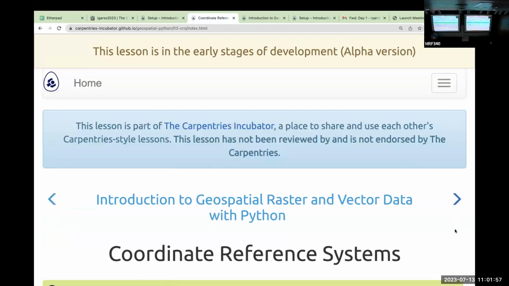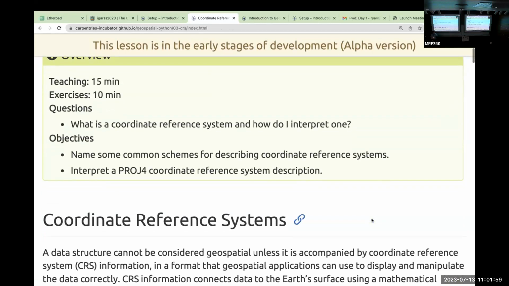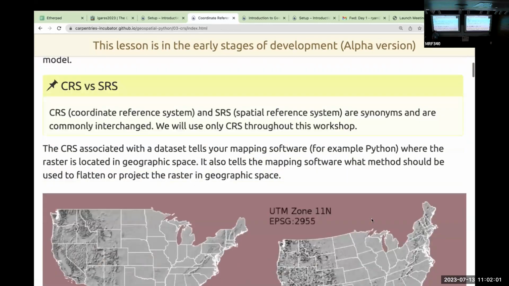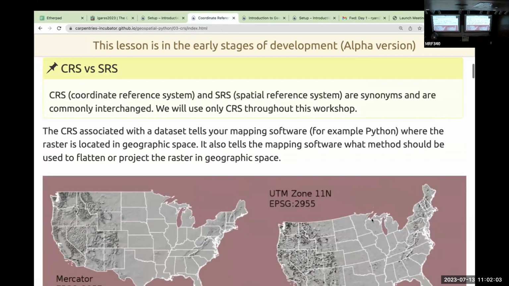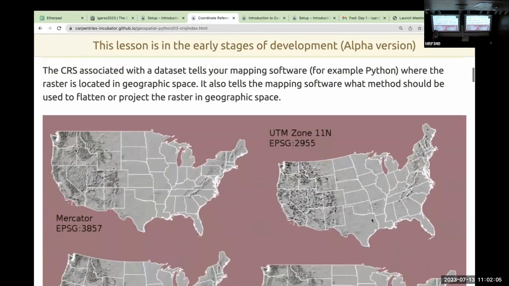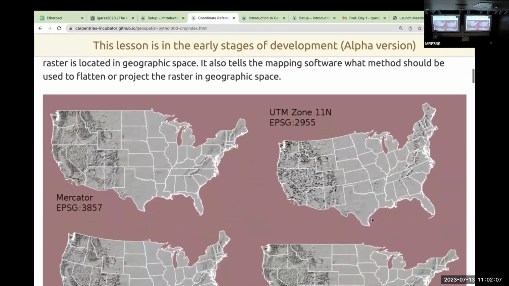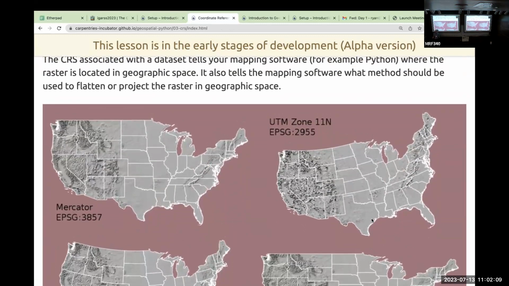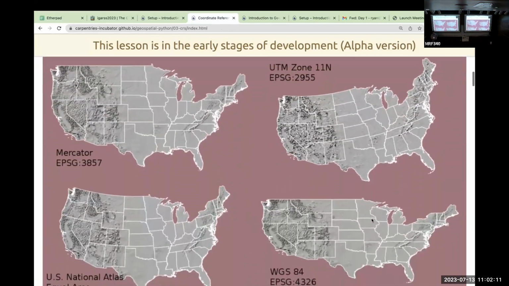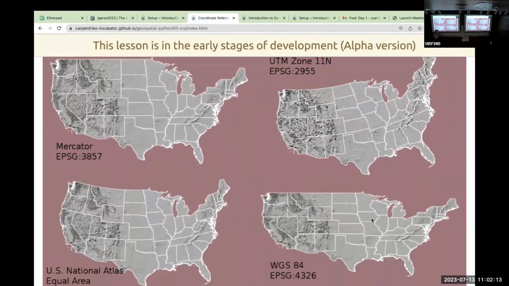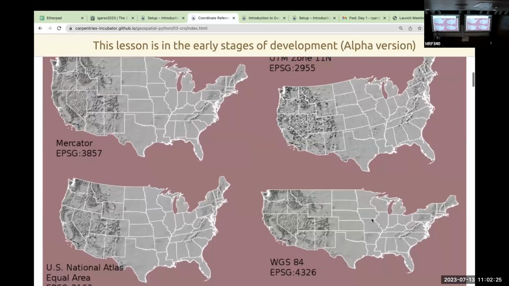Cool. So moving on here, coordinate reference systems. What is it? How do I interpret it? A coordinate reference system tells your mapping software where the raster is located geographically. So it'll tell you the coordinates, and then it'll also tell you how those coordinates should be mapped. What I mean by that is, if we scroll down here,